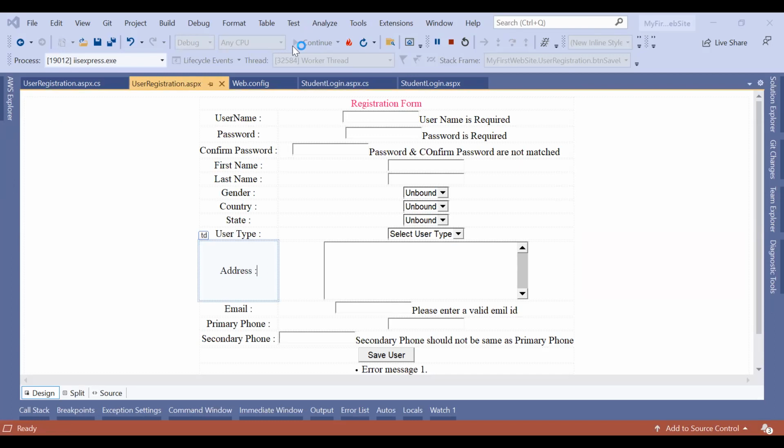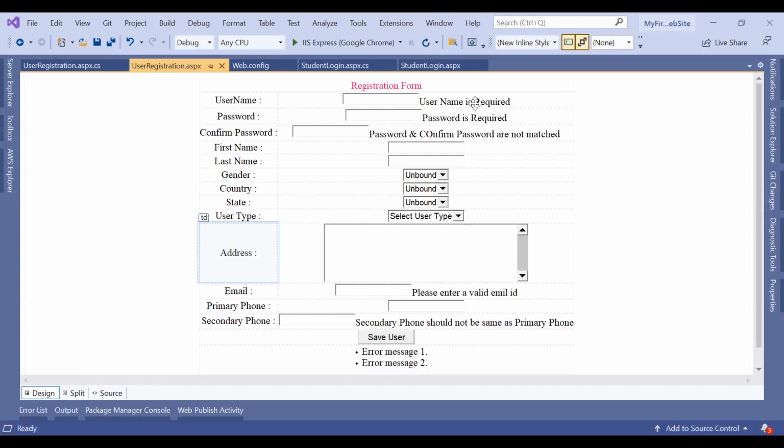Now see, it is getting displayed in two places, here and here, right? But according to our record, what has to be done? Here it should not be displayed. So wherever we made the mistake, it should get highlighted with a star mark, and the actual error message should be displayed here in the common area. So how do you do that? Every validation control comes with a property called